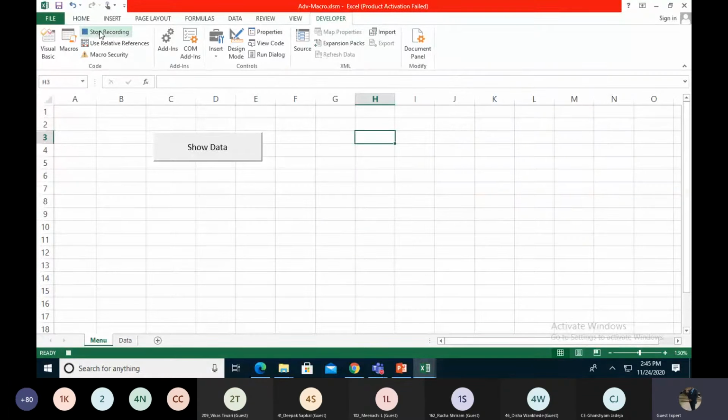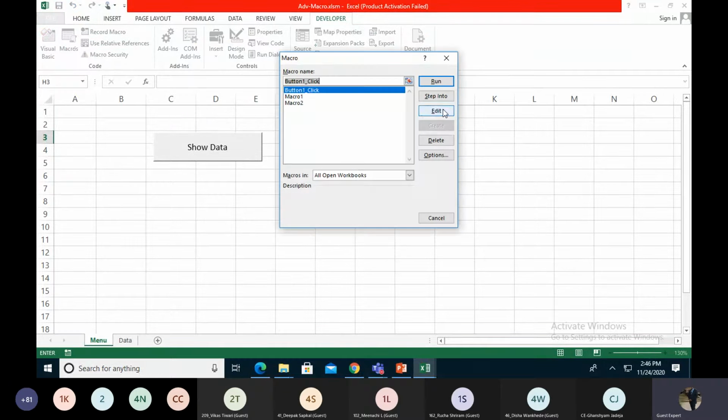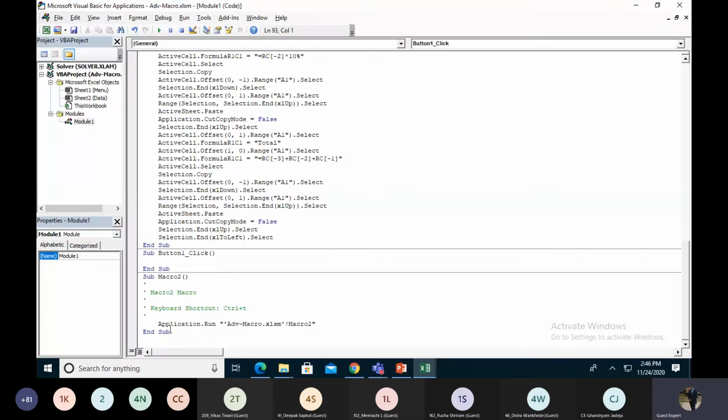So my macro is running with the shortcut key Control T, and I already pressed Control T, and I stop the macro and go to the macro section. I got one line of code: Application.Run advanced macro.xlsm macro 2, because I need this code.